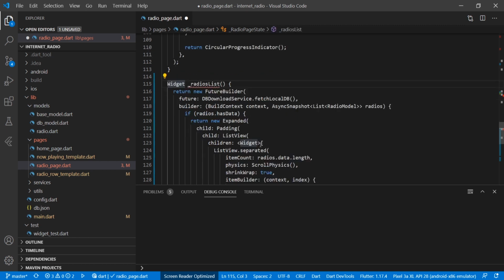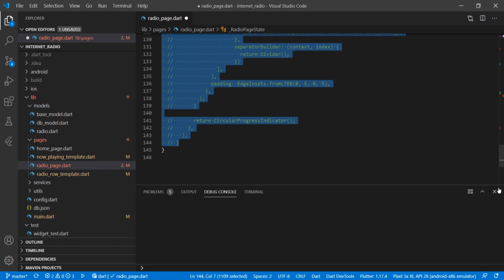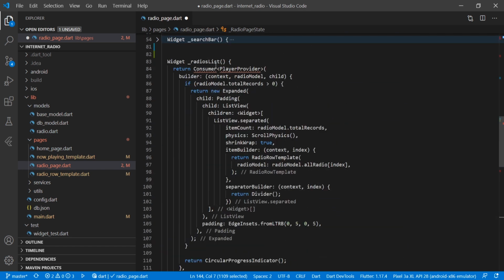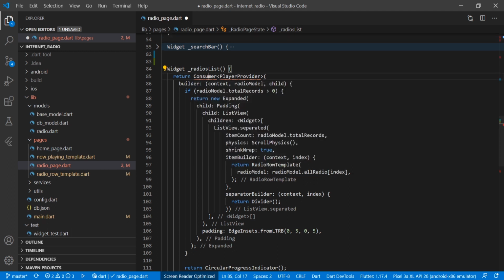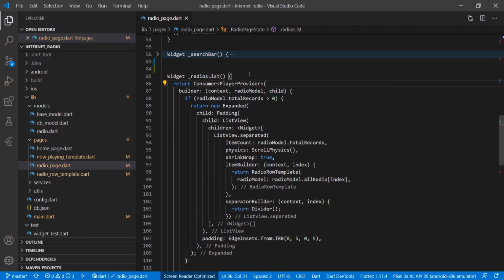We will comment out our previous method, and here we will compare what we are doing. So in the provider we have to consume the model provider class.